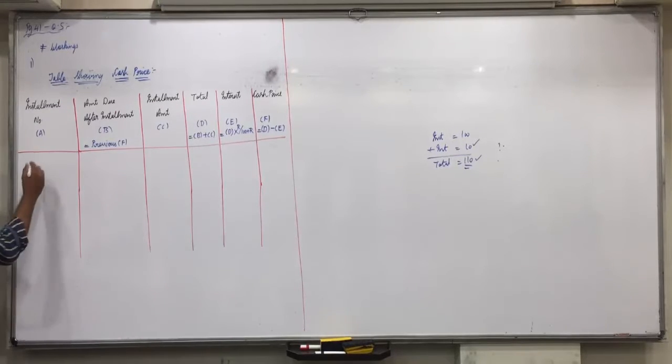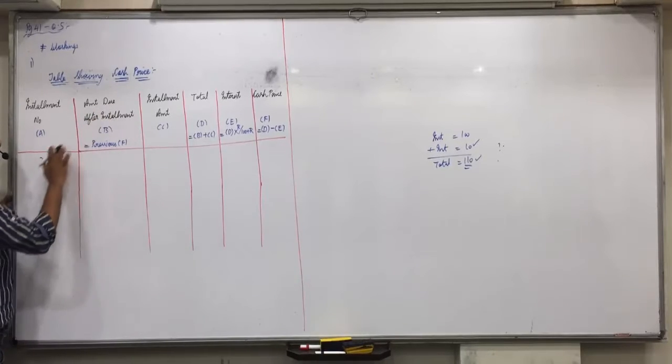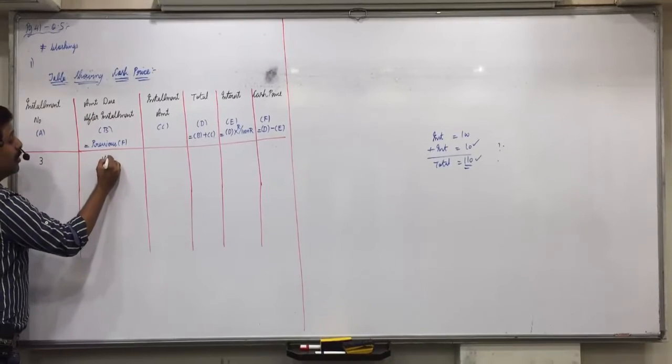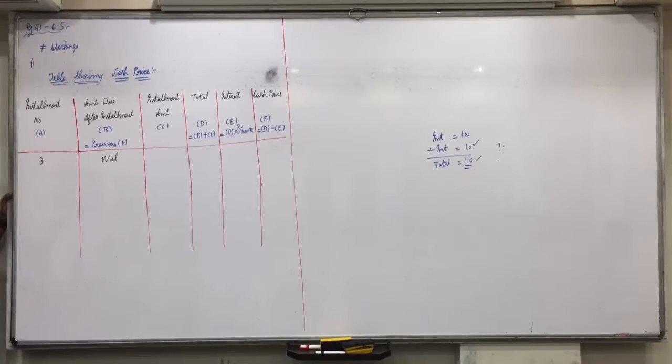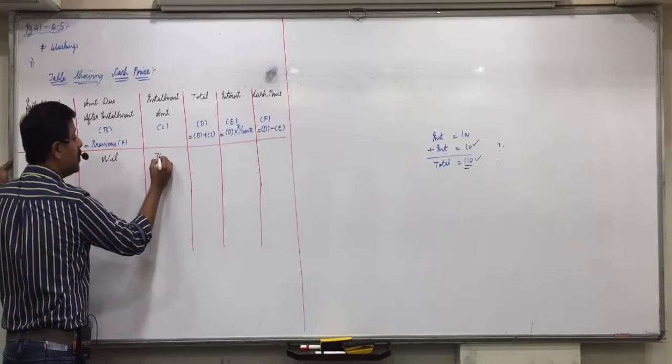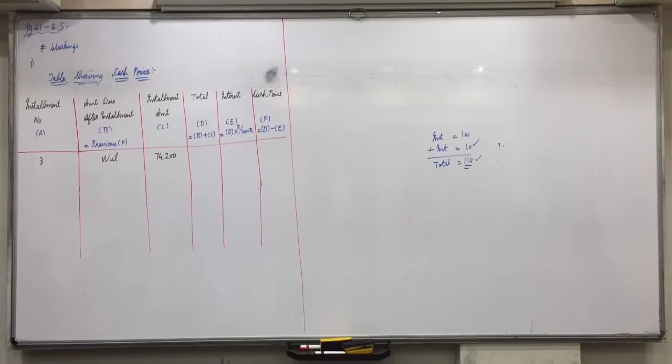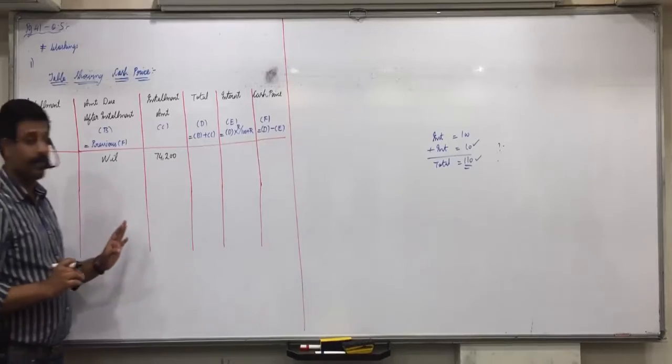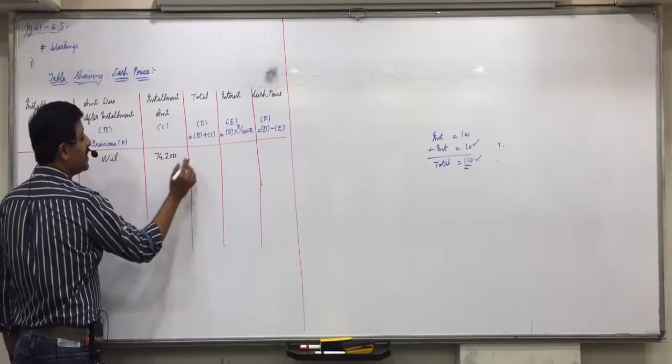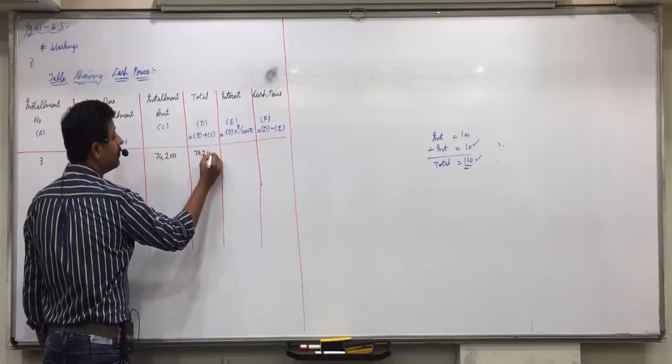Very first, as I said, we have to start with the last installment, so write down installment number 3. Who are still making the columns? Raise your hand. So concentrate here now everyone. Start with installment number 3. What will be the amount due after third installment? 0. In the very first row you always write 0. Now each installment is 74,200. Any doubt in this? No. Total amount B plus C will be 74,200.